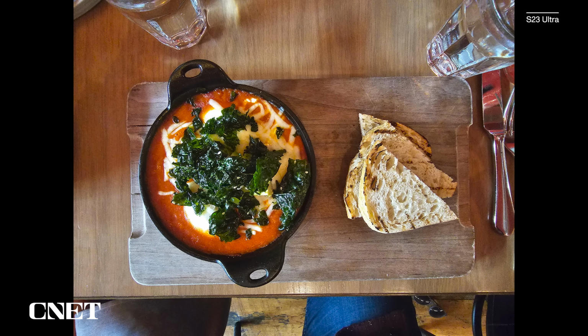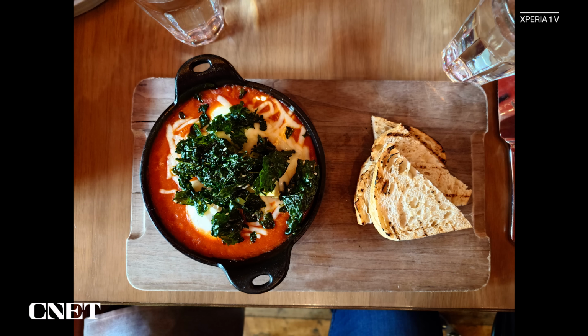The Samsung's photo really saturates the colors of the romesco sauce, but I think does the best job in terms of color temperature. The Sony's photos definitely skew warm and focus on the kale as opposed to the bread, and